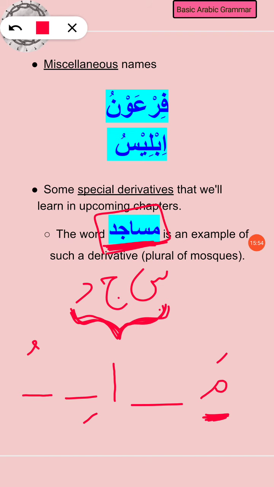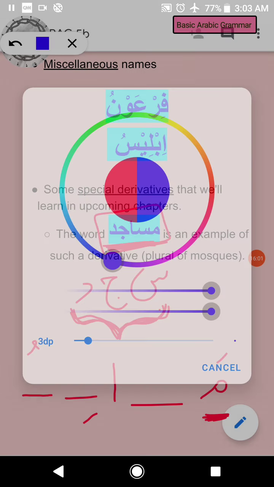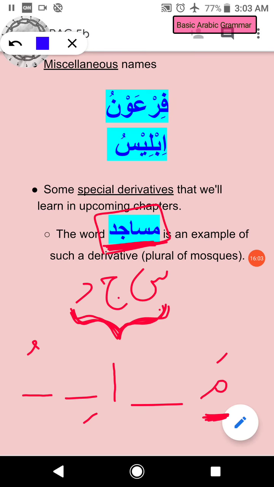So if we superimpose these letters in this pattern or in this mold, we are going to get this here. So it becomes masa, and then this gets here, so masaji, and then masajidu. Alright, so this masajidu pattern is one of the special derivatives that is in ghair munsarif form. We're going to learn